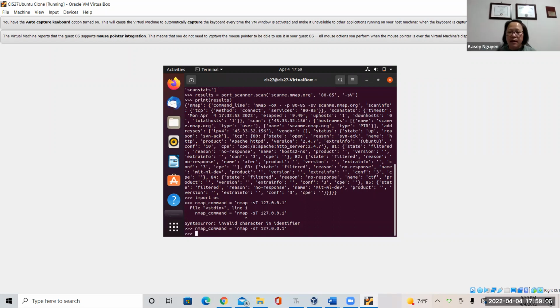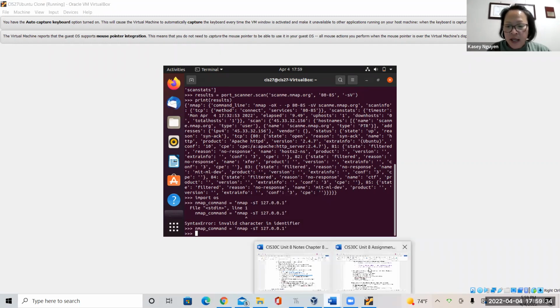Okay. So it should work. Just if you copy and paste it in, the quotation mark didn't translate. So we want to replace that and retype it. So after we put that in,